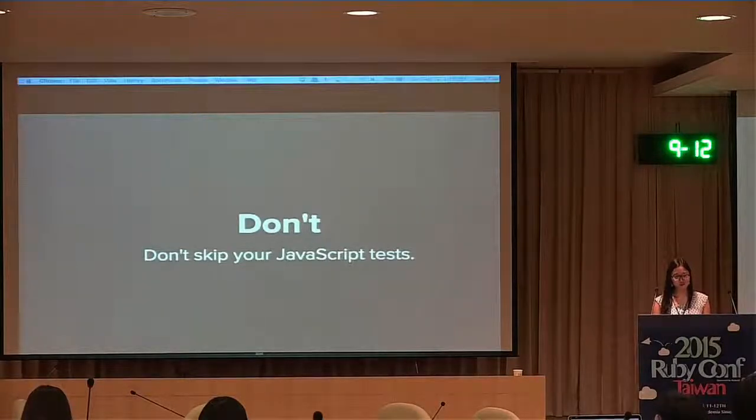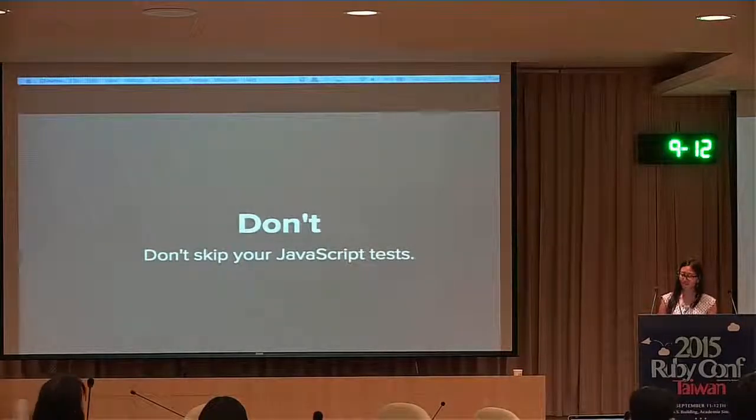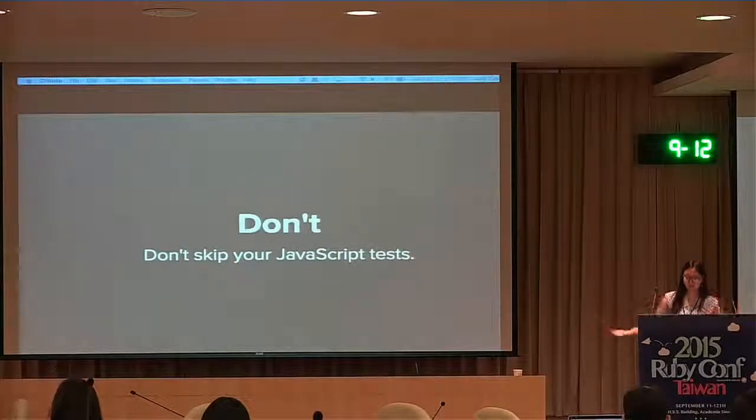And don't skip JavaScript tests. We ran into a situation where we were like, oh, this is an experiment. We'll temporarily only use acceptance tests in our Rails app. And this was a temporary setup, and of course we kept this temporary setup for a long time. And then new members to the team thought that this was official. So be careful about the promises that you make to yourself. If you make a trade-off like this to make a deadline, make sure you actually go back and clean up after yourself. But of course, it's better not to make such a drastic trade-off in the first place. Try not to skip writing your JavaScript tests. It's worth it in the long run.